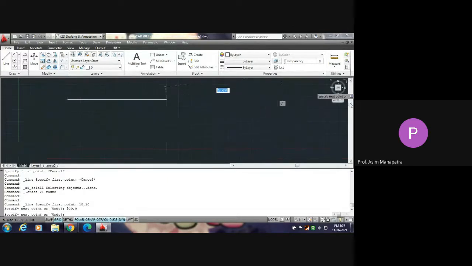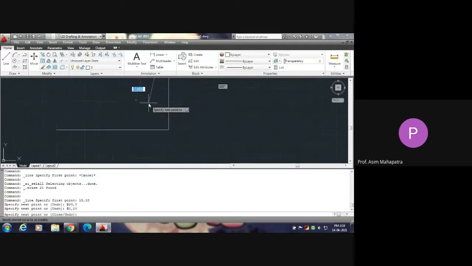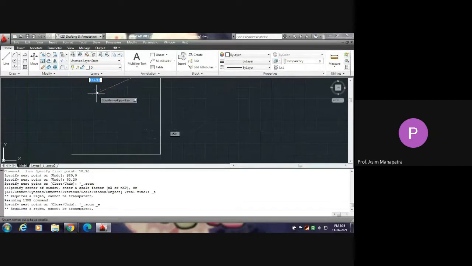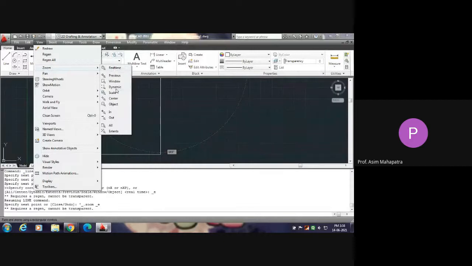So I am writing the next point. Suppose my next point is 0, 20 from the second point. So I am writing 0, 20, then enter. It has gone outside the working area. So I should enter into the zoom view: zoom, extents.